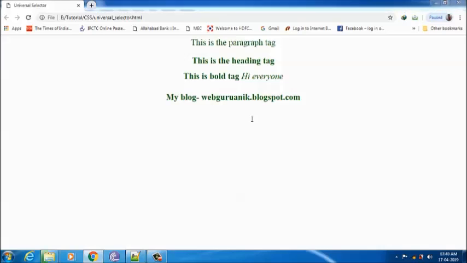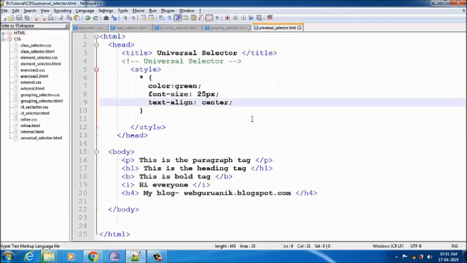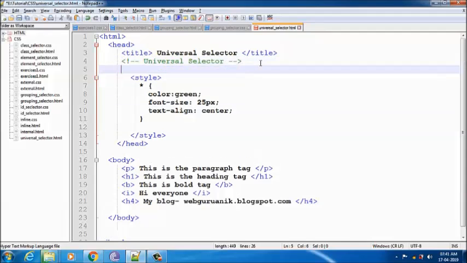अभी मैं टेक्स्ट अलाइन सेंटर दिया हूँ तो सब में टेक्स्ट अलाइन सेंटर हो रहा है और यहाँ पे मैंने फॉन्ट साइज यूज किया तो फॉन्ट साइज 25 पिक्सल हो रहा है। अभी आप लोग देख सकते हो कि अगर मैं यूनिवर्सल सिलेक्टर में स्टार सिंबल यूज करता हूँ, क्लास सिलेक्टर में डॉट सिंबल, आईडी सिलेक्टर में हैश यूज करते हुए, तो यूनिवर्सल सिलेक्टर में अगर मैं स्टार यूज करूंगा तो वो सब में इफेक्ट होगा। तो सेम चीज अब मैं एक्सटर्नल सीएसएस में यूज करके दिखाता हूँ।